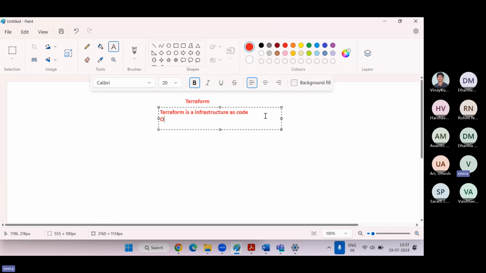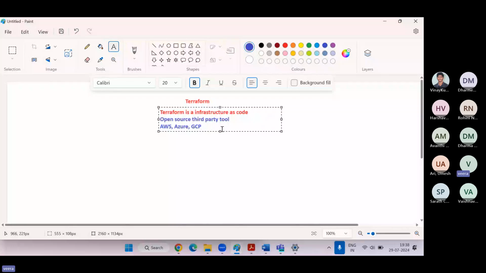This is an open source, free of cost, third-party tool. It will support AWS, Azure, GCP as well.